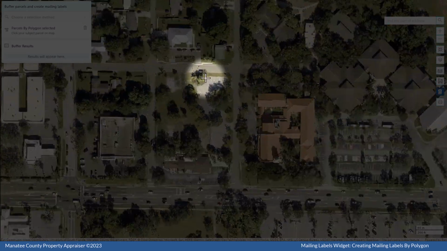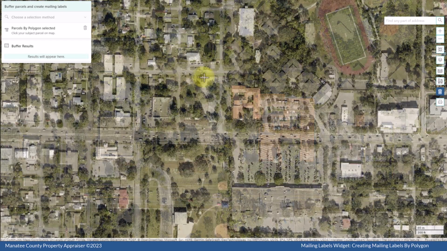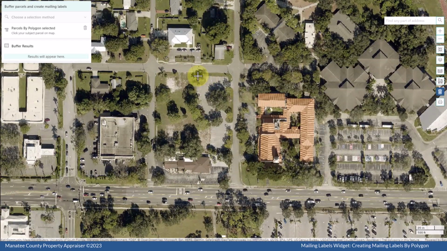Notice that your cursor changes to a crosshair. Feel free to zoom in further to obtain a clearer view of the area where you intend to start drawing. Now you can proceed with drawing the polygon by creating its individual segments. Start by clicking once on the map to mark the starting point of the first line segment for your region of interest. It's important to keep in mind that you should refrain from using the escape key.